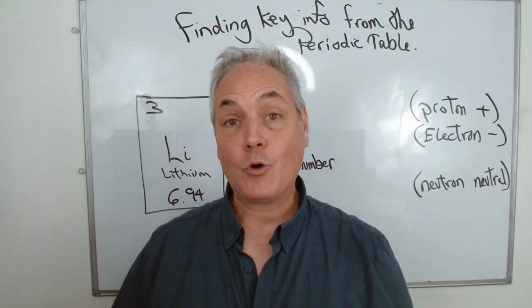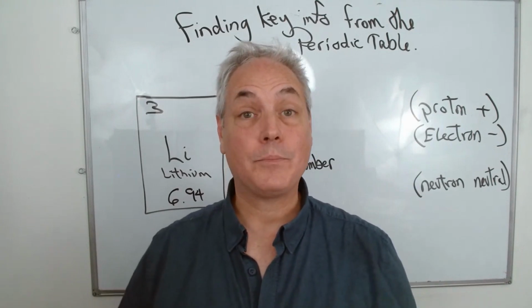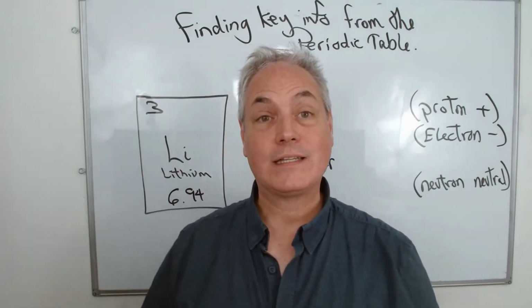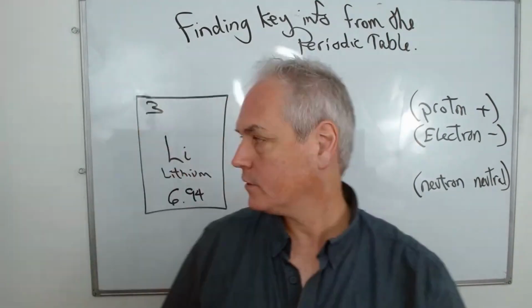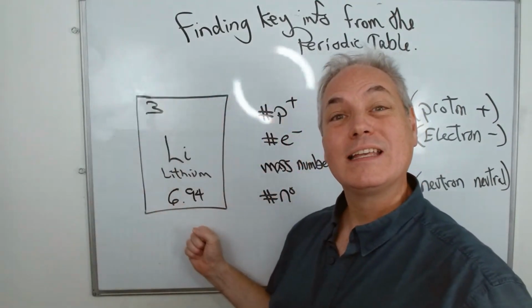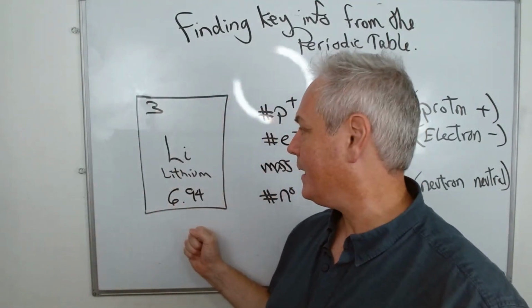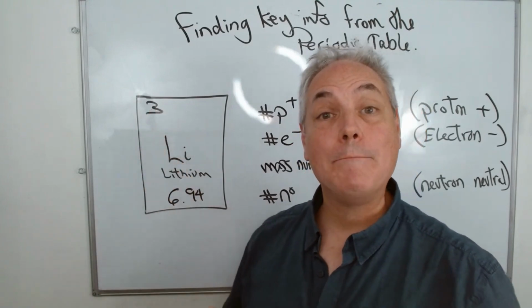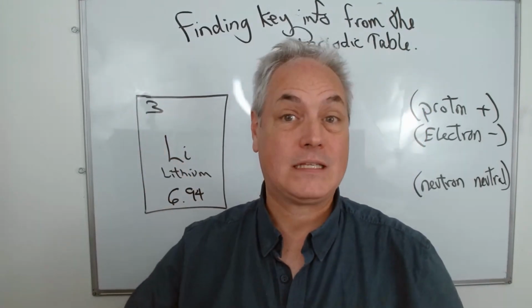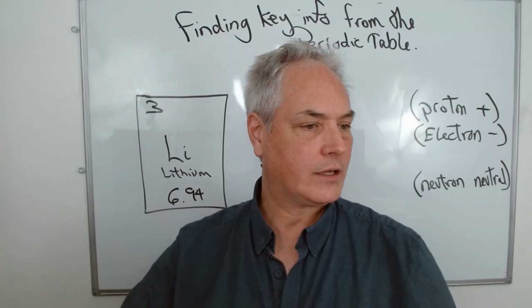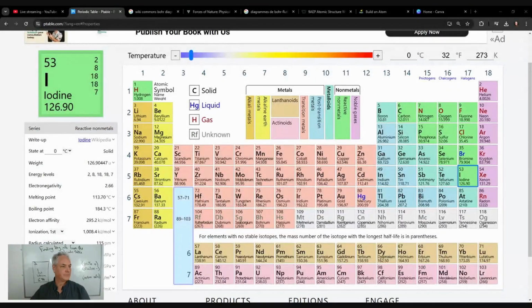Let's see what kind of important information we can get from the periodic table. So today we're going to see how information about the specific elements on the periodic table can give us amazing information about specific elements. So if I show you this one right here, we will be working today with 3